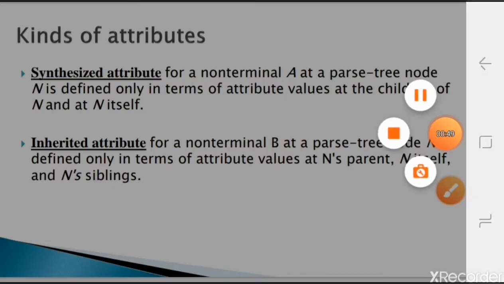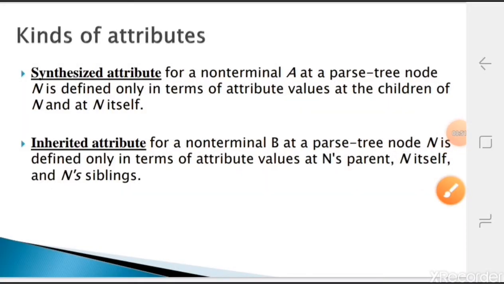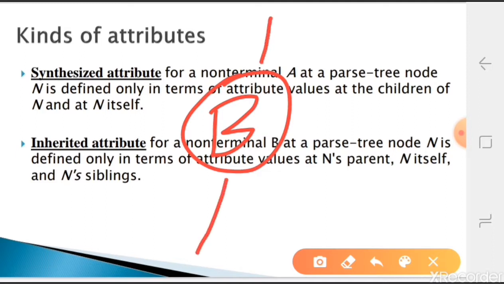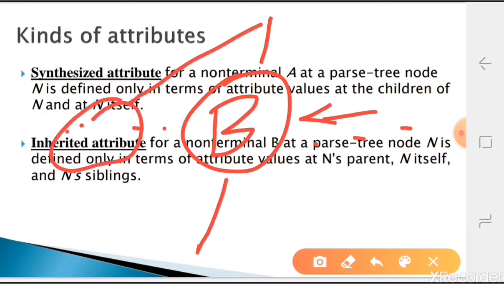Inherited is nothing but, suppose I have a non-terminal node B and I evaluate the attributes of B based on B itself or its siblings, say A is there, so by A I can evaluate B, or by its parents. Then we say B is an inherited one.